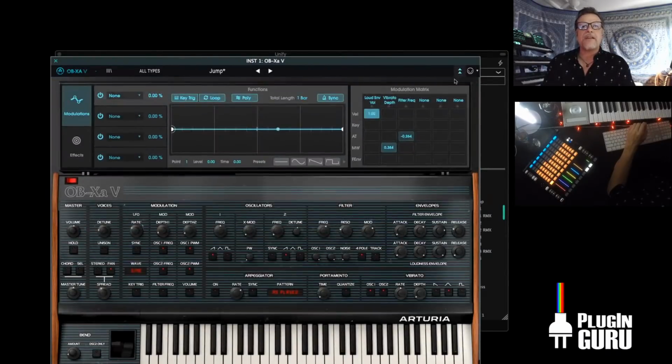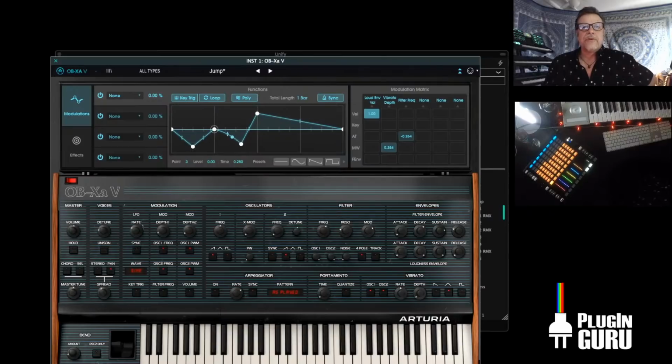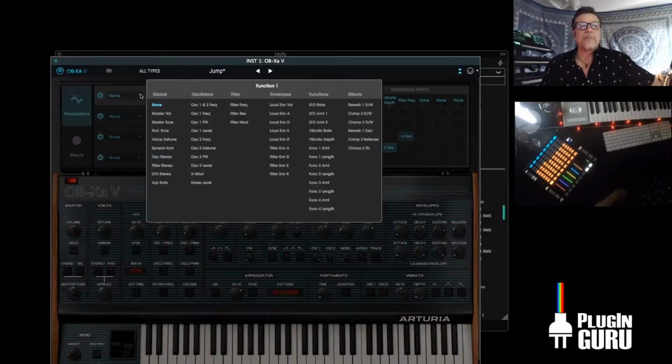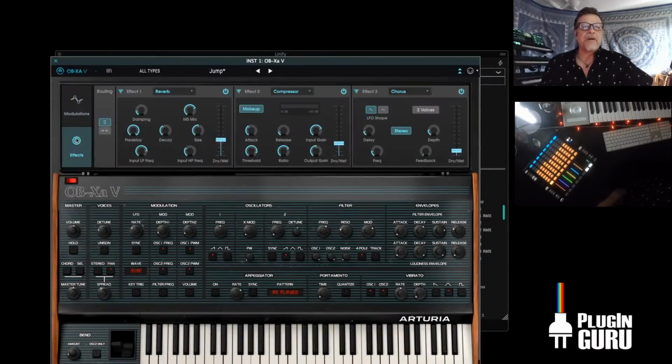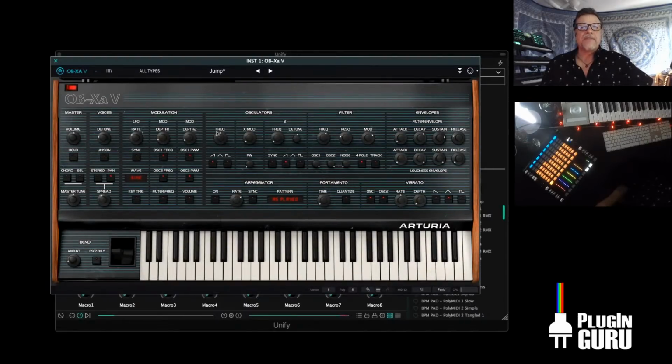What's fun is if you click right here, you get really cool, easy to use, click and drag envelopes to change curvature, that can be assigned to all sorts of parameters inside of the synth. And so it definitely goes farther than OBXA goes in that regard. It also has built-in effects, which you have bit crushers and overdrives and phasers and reverbs and compressors, all sorts of stuff. So it's in the Arturia family of giving you